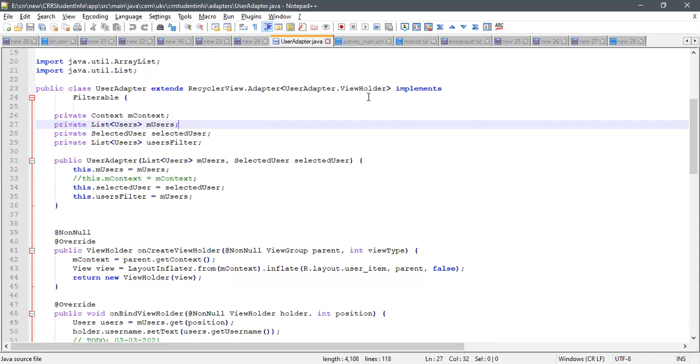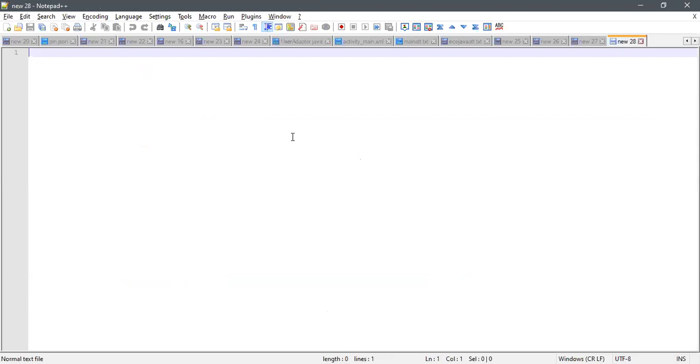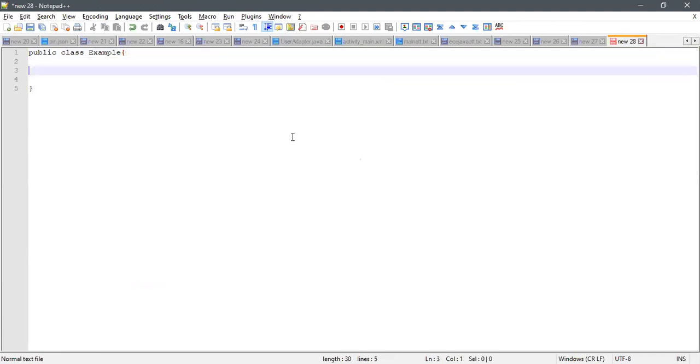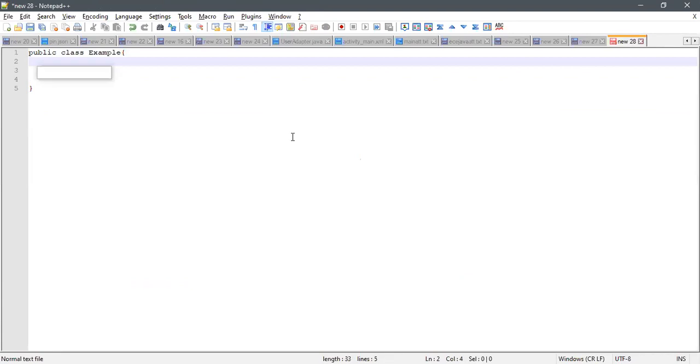Okay, let me go further. Now I'm going to write a first public static, sorry, public class. This is a keyword. And then the name of the class is example. Okay. So here I'm going to write a main method, public static void main.